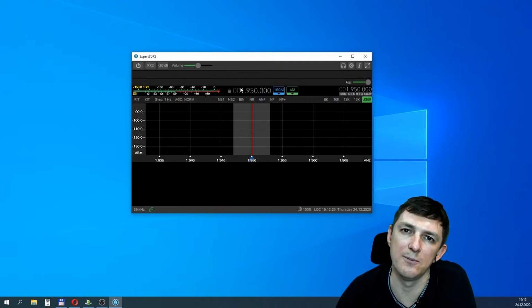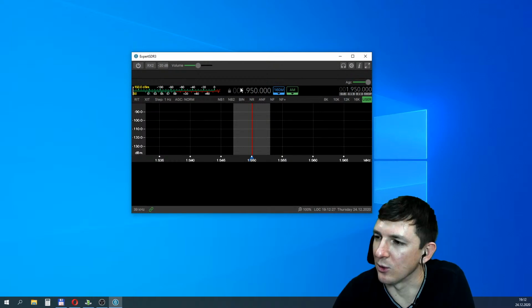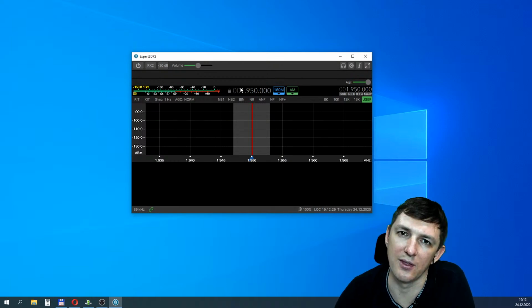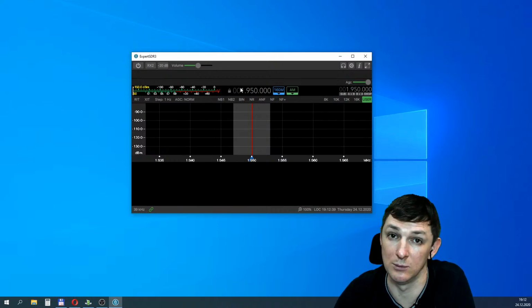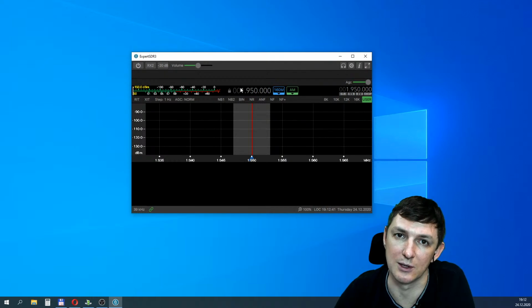As you see, the S-meter goes to the left side in Expert SDR3 software, because many customers and many owners of our radios asked us to move it to the left side, because it's a classical position.